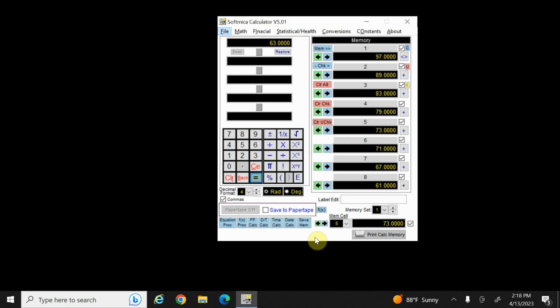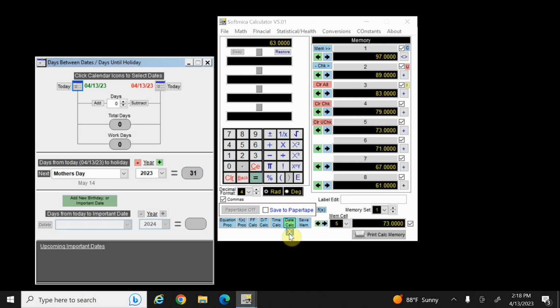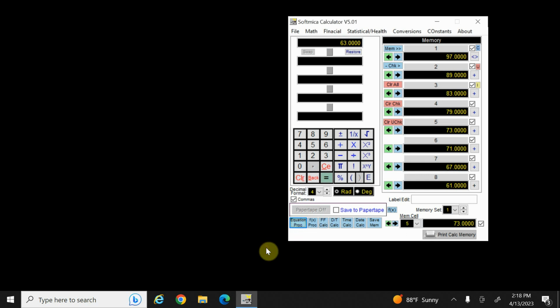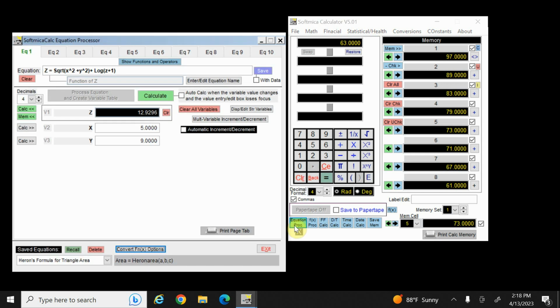There are 4 powerful specialized calculators and 2 powerful special purpose processors in SoftmicaCalc. There's a date calculator, a time calculator, a date time calculator, a freeform calculator, a function processor, and a very powerful equation processor. I will do separate videos on each calculator and processor, as each is very powerful and deserves its own detailed demonstration. As you can see, when I click on the button to open a specialized processor or